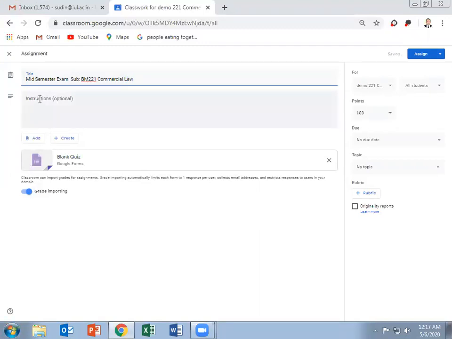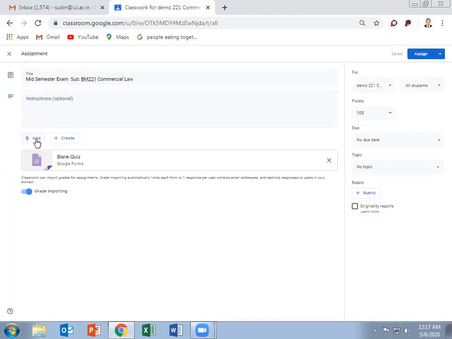In instructions, we can give instructions about the questions, that the total marks of the question is 20 or 40, or we can give instructions that section 1 is compulsory and section 2 has choices, or there are different types of instructions you can give. Here I don't want to give any instructions, so I can leave it blank.